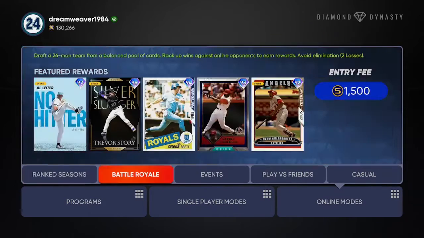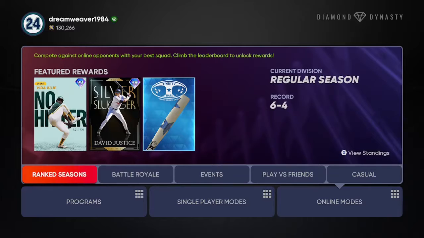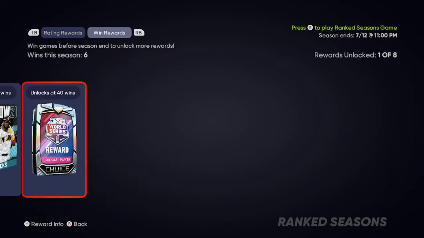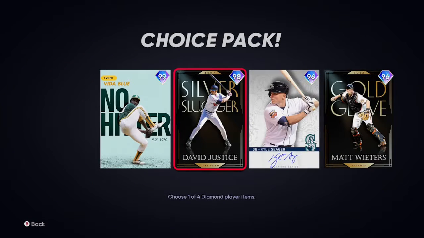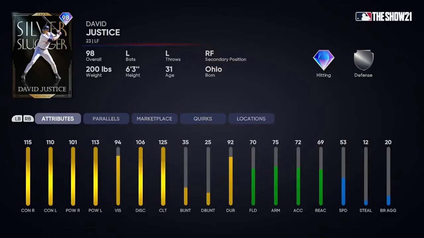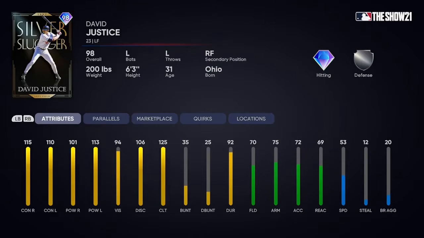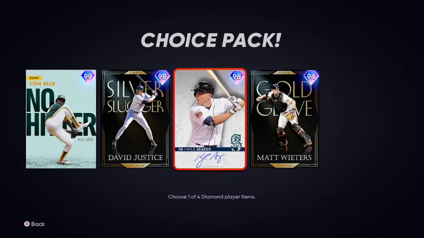Online is also not a terrible way to play if you're good enough. I've been playing in the current division, trying to rank up to get these top cards here, because you can unlock David Justice, who's a Brave that I really like. I'm a Braves fan, so big fan of this card, and look at those stats, man. They're ridiculous. So I kind of want that card, and that's what I'm playing towards now. Obviously, it costs a crap load,